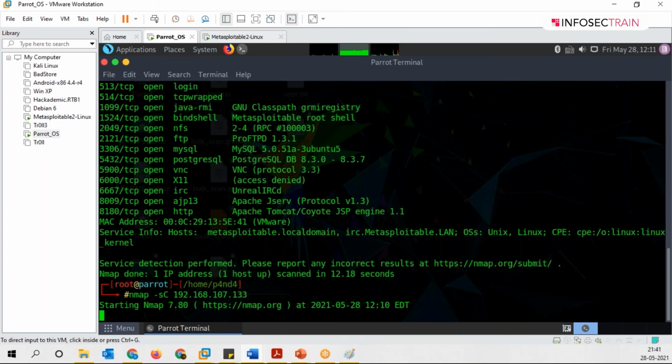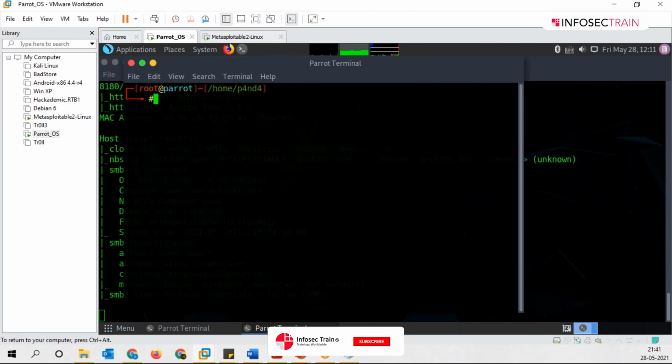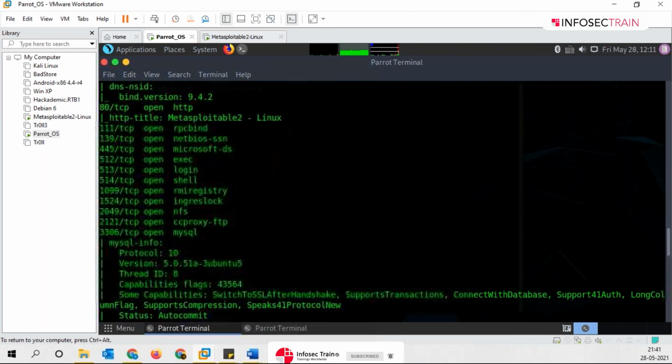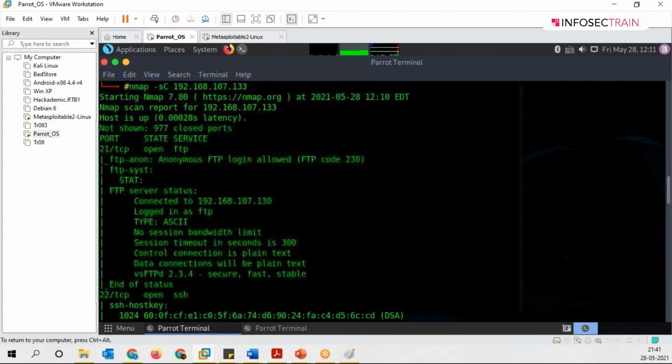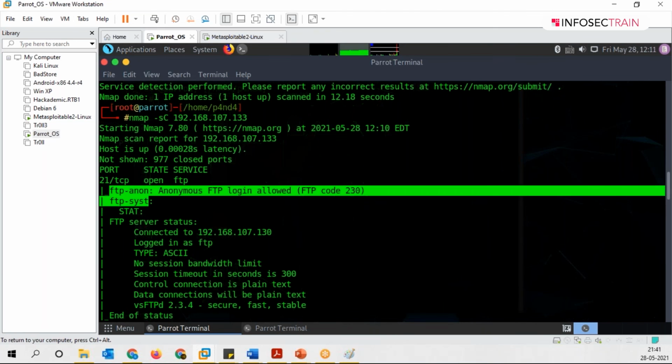Perfect. We got the hit now. It's taking its time, it's taking a lot of time. What I can do, just to show you, regarding one particular port. Okay, we got the hit there. Perfect. It gave us a pretty good list. So when I did -sC, you can see we got the port, state, service, and it gave me more hits. It ran these scripts for me, ftp-anon and ftp-syst.